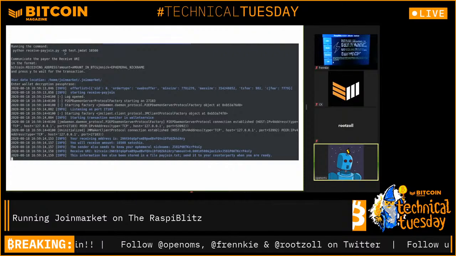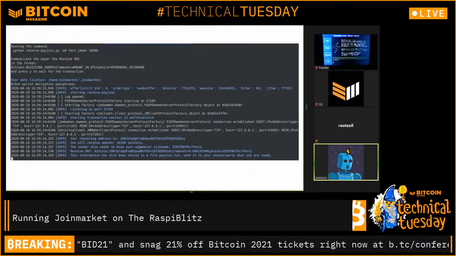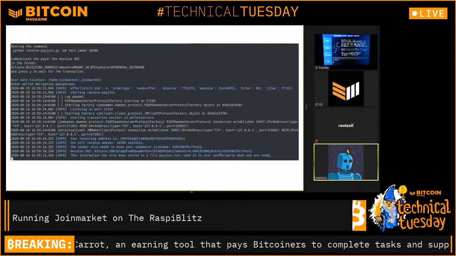So this is Python receive-payjoin.py, M0 for the first mixdepth, the test wallet, and 10,500 satoshis. And it just tells you a little tip about what you need to give to the payer. And this is like a BIP21 kind of payment URI. What you have here is the original implementation of PayJoin in JoinMarket, which is working between the JoinMarket wallets. If you would have an onion address or an HTTPS website instead of this GM nick, which is only an IRC communication